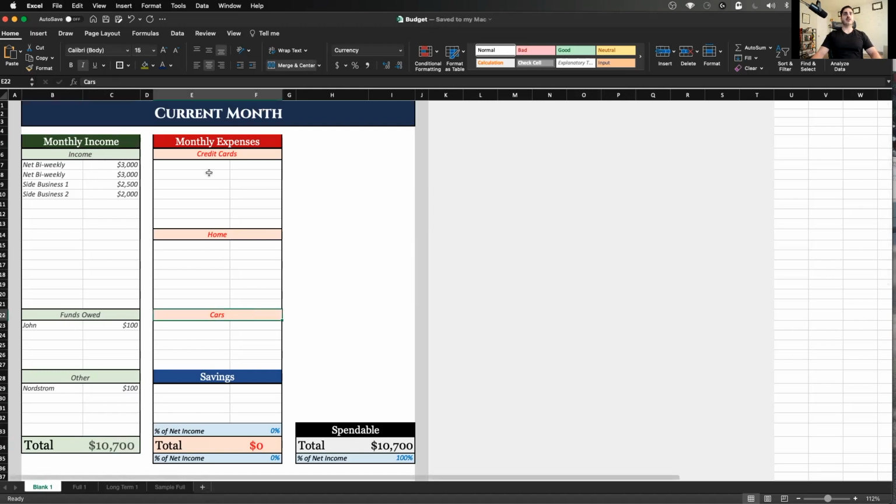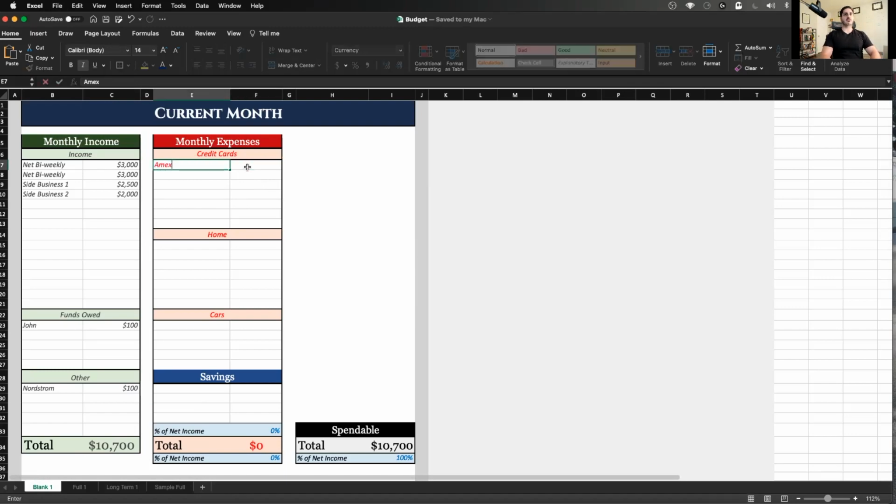Okay. So let's move into the monthly expenses. And this part is also really important, and it's one of the two primary aspects of budgeting, income and expense, right? We'll start with credit cards. So one thing I want to highlight about the credit cards is always make sure that you're paying at least your minimum payment, okay? I would recommend paying in full if you're able to, but you want to make sure that you're always at least paying your minimum and you know that amount. So just keep that in mind.